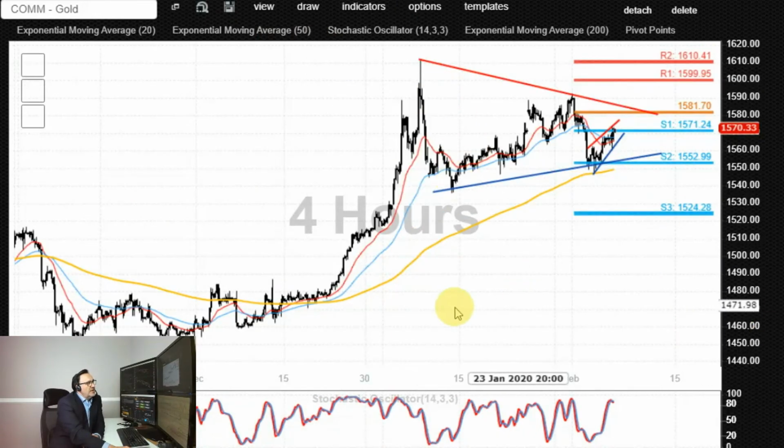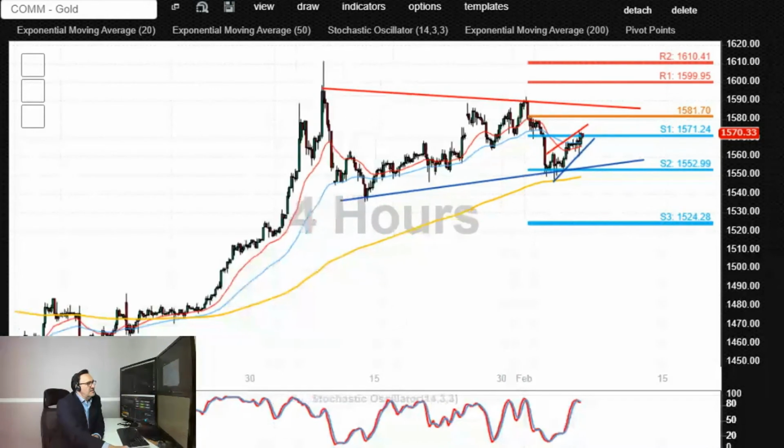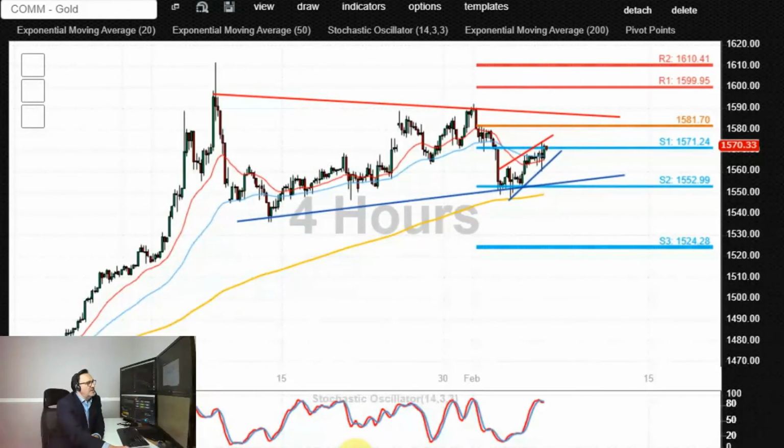Gold is also consolidating. We can see that energy is building up here. I draw this trend line in two different ways, either connecting the wick and the low, a high or a lower high, and then I can also draw it this kind of way as well, closing level and closing level. Both ways are correct. There's no problem with doing it in both ways, but it's going sideways, so it's supported by 1552. We're seeing oversold bounce back in something that appears to be a rising wedge. If we see a breakout higher, then